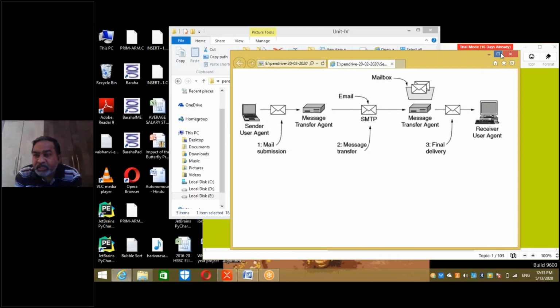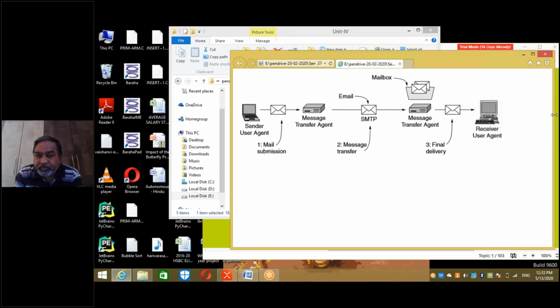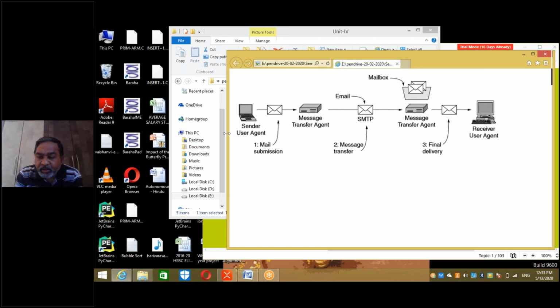Let me expand this. This diagram I have put in your notes also, need not worry. Right?